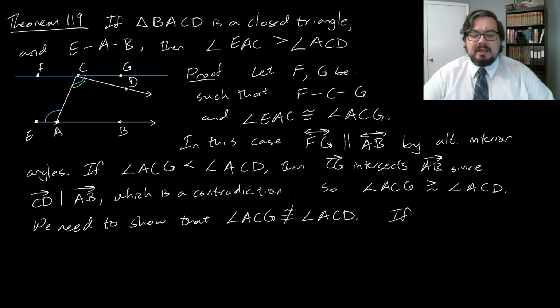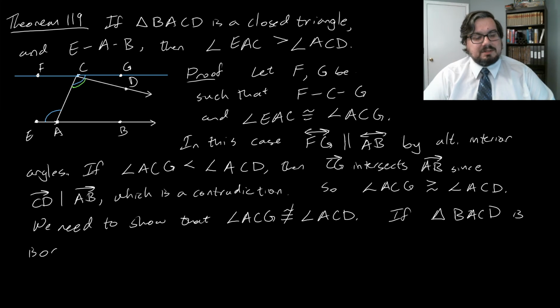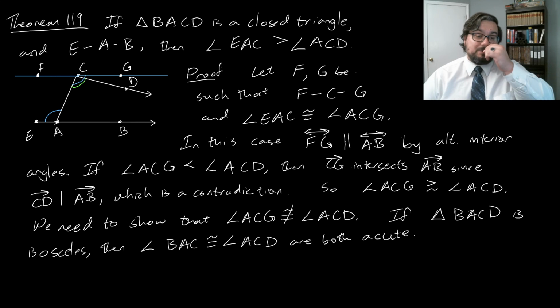Now, if it were the case that the triangle BACD is isosceles, then in particular, one of the things that means is that the angle BAC is congruent to the angle ACD, and they both have to be acute. In an isosceles closed triangle, both of the angles inside are acute,